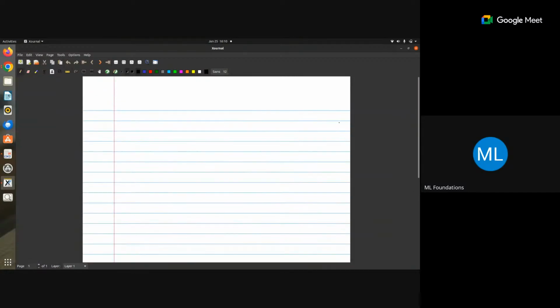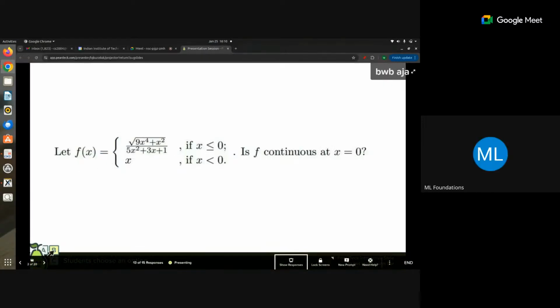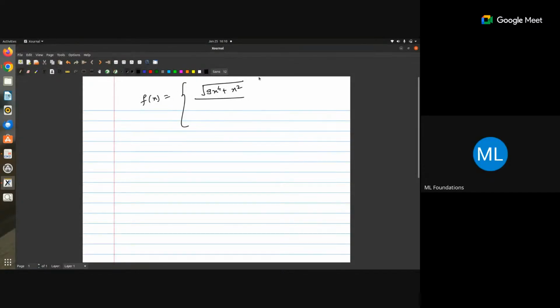So what is the function given to me? It's root of 9x to the power 4 plus x square divided by 5x square plus 3x plus 1, if x is less than or equal to 0, and it is x when x is greater than 0. We have to find whether the function is continuous or not, and as per the definition of